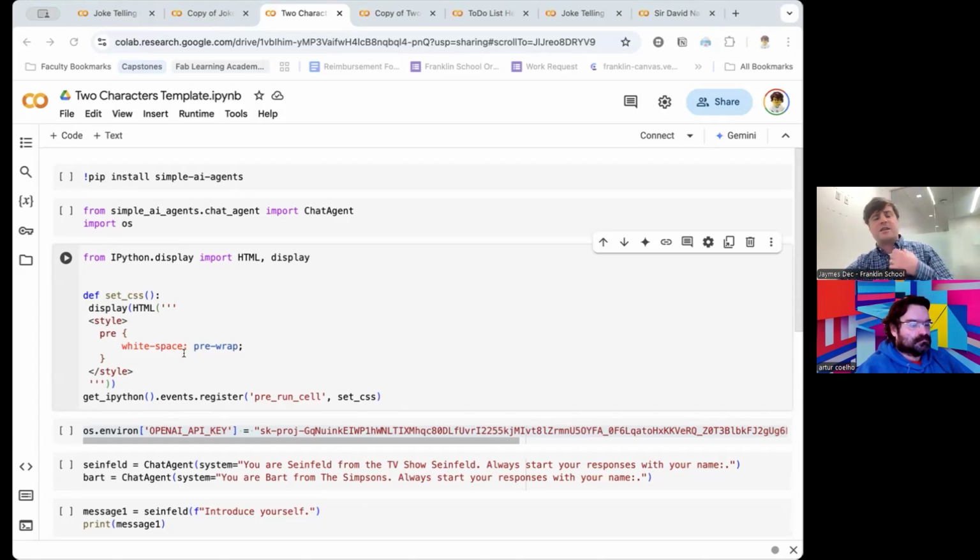Those two examples are sort of simple chatbots. I wanted to show just how to create a chatbot using code, and then how to create two chatbots and have them start talking to each other. I will share at this point that I'm working on an interesting project with the